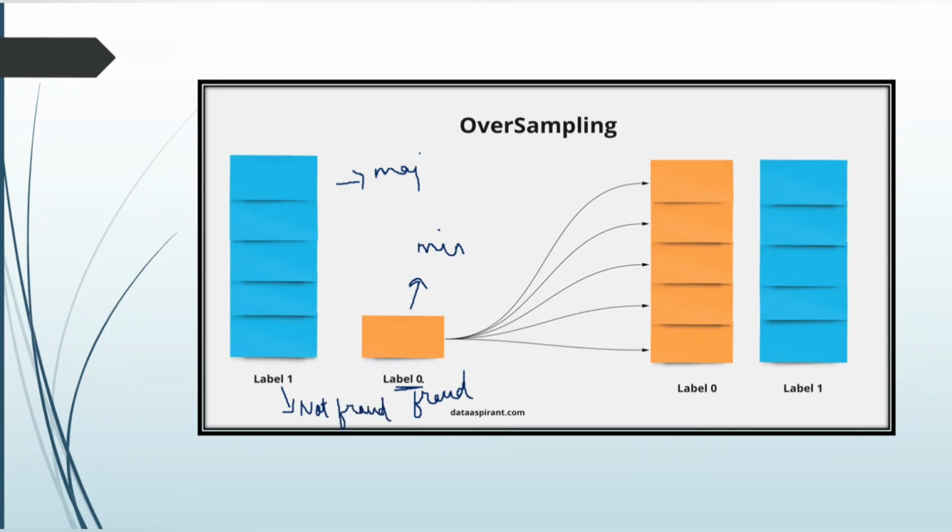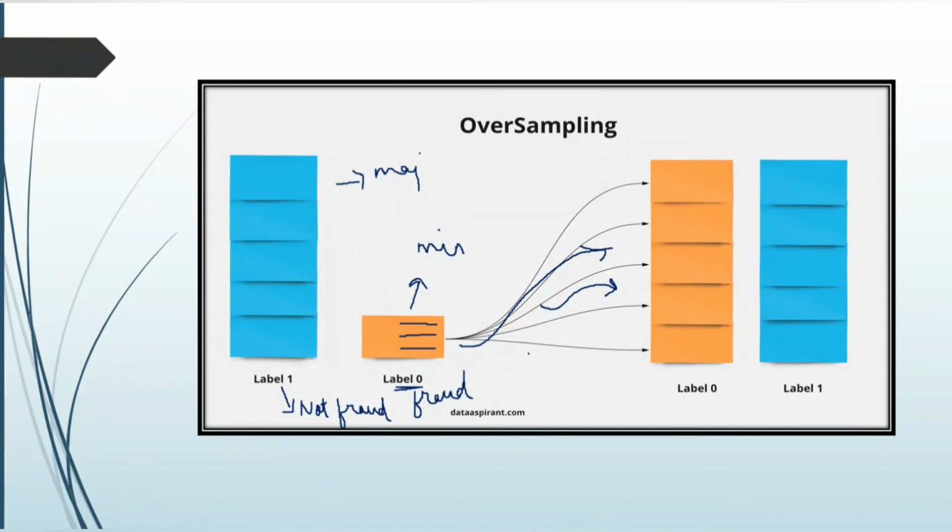So in this data set we have a high class imbalance problem. For oversampling, we will randomly select any observation and generate duplicate data for class 0.